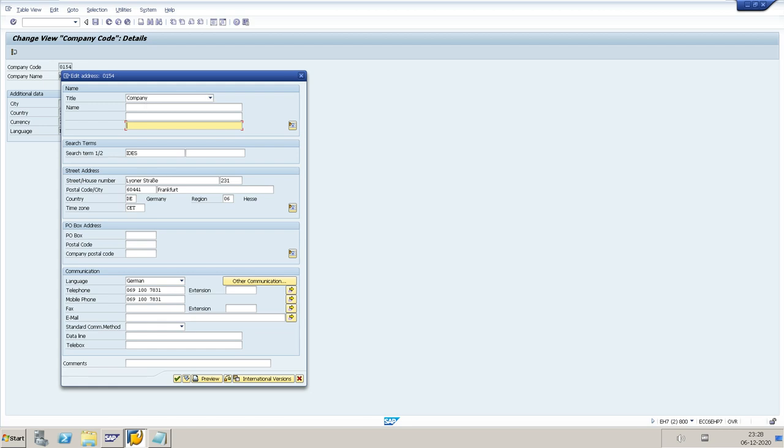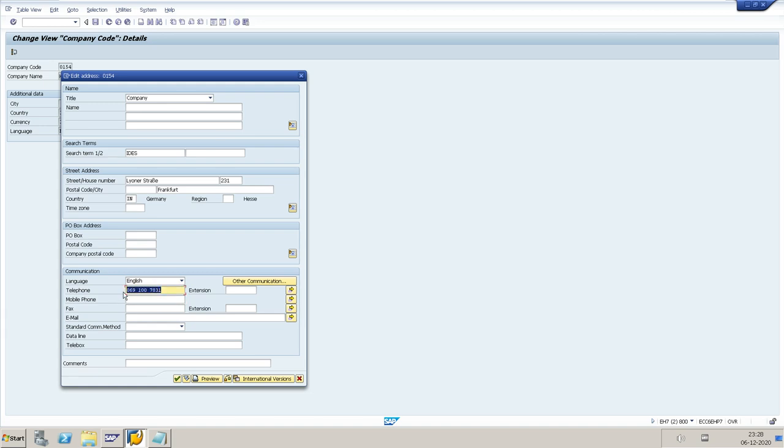Whatever address you want, you can fill in the address. Language English.